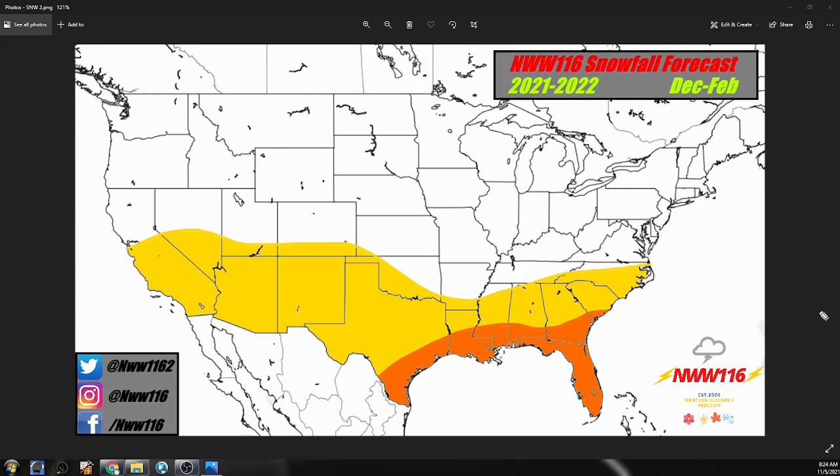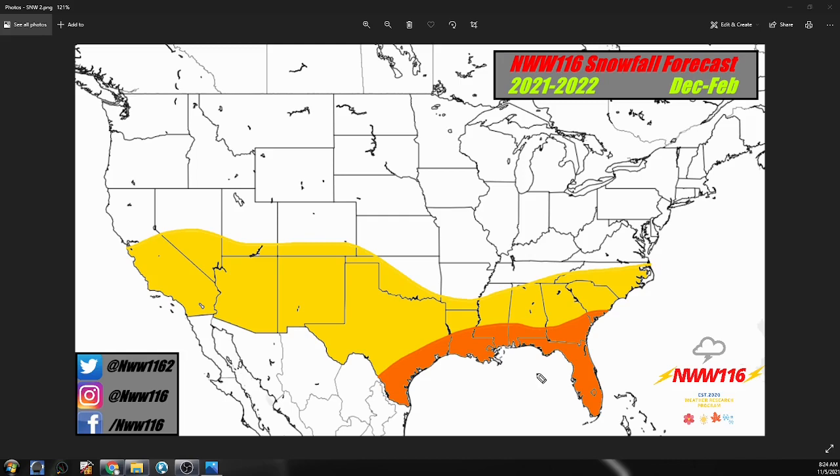Okay, so this is our second shade of relatively below average snowfall expected. This does include a lot of the lower southeast region, stretching from pretty much the coastal side of Texas all the way down through Florida and into the southern part of South Carolina. We are more confident that we're not going to see as much snowfall across these regions this year, which to some of you is a good thing. But to some of you snow lovers, definitely that's a disappointing thing.